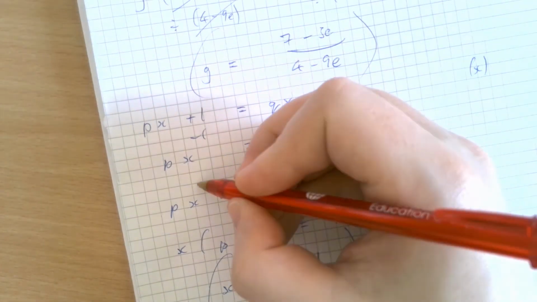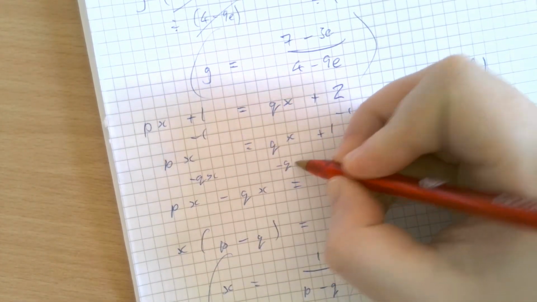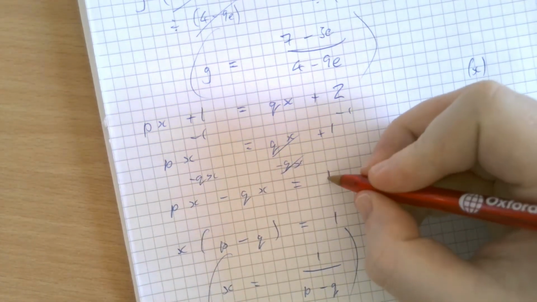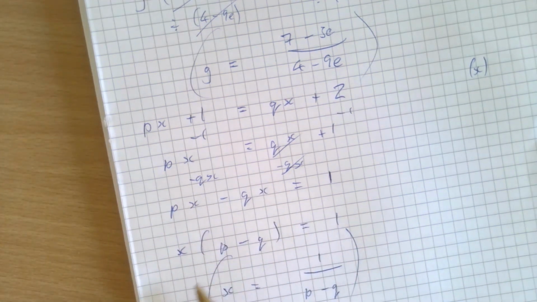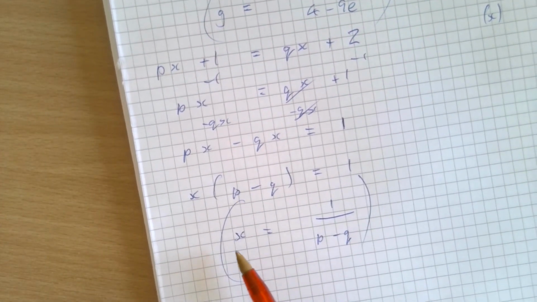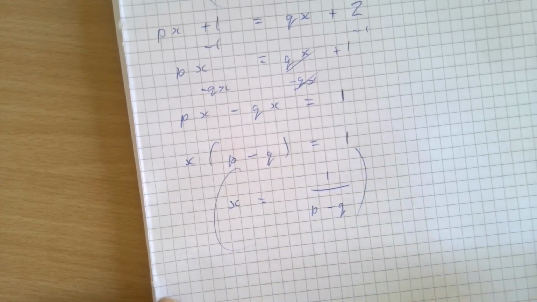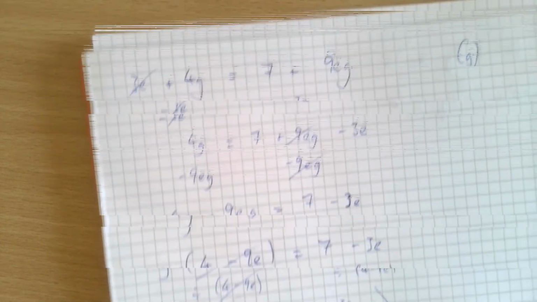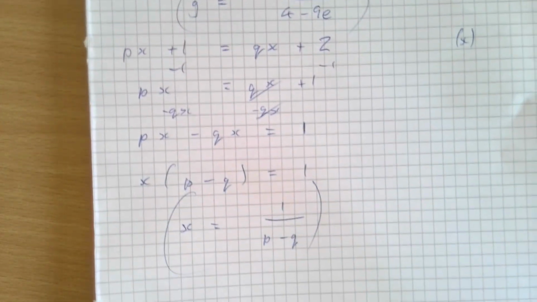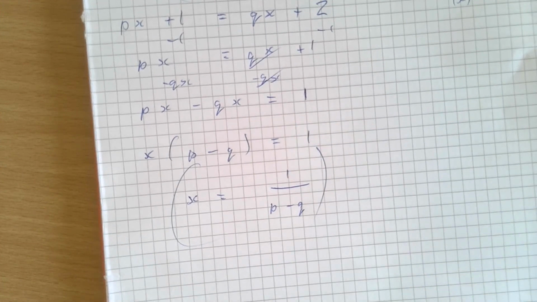Yeah, so this second step here, I took away qx from both sides. That's eliminating that and just leaving 1 on the right. And then the next stage here was to factorize and then divide by whatever was inside the bracket. I hope that makes sense. It looks pretty complicated, doesn't it? But if you practice and understand every single step, you too will be able to do